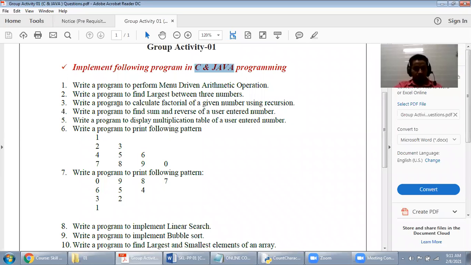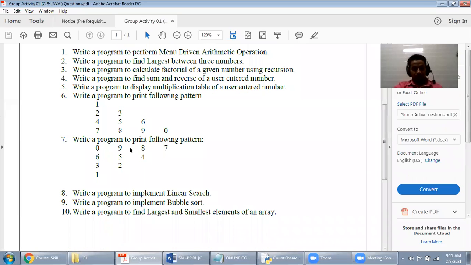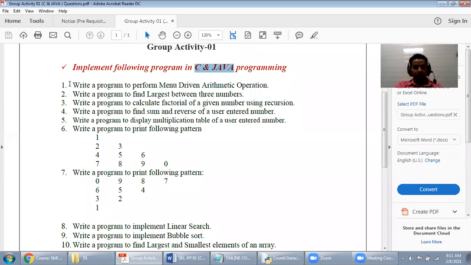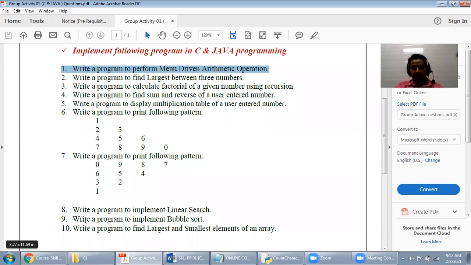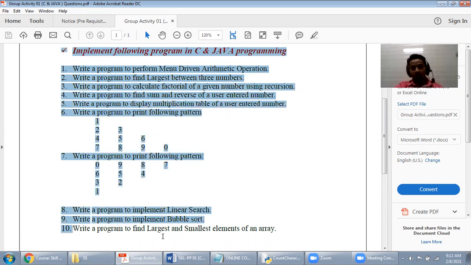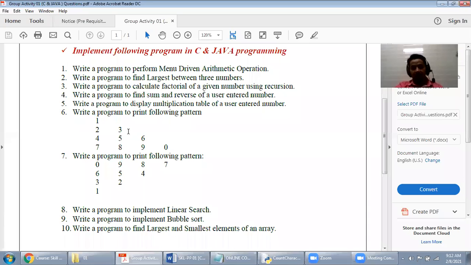Then, who will take which question? As per your roll number, that will be your question. For example, 51 will take the first question, because at the unit place of 51 there is 1. So question 1 is your aim. 452 is 2, 453 is 3, 454 is 4, then 55 is 5, 56 is 6, 457 is 7, 458 is 8, 459 is 9, then 460 is your 10th question. Once again, from 71 to 80, it will go ahead 1, 2, 3, 4, 5, 6, 7, 8, 9, 10.